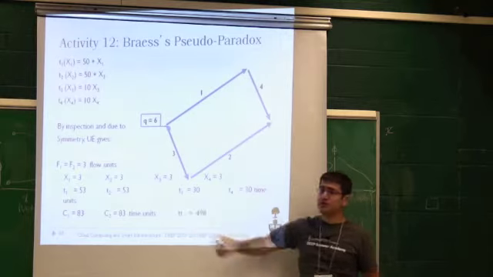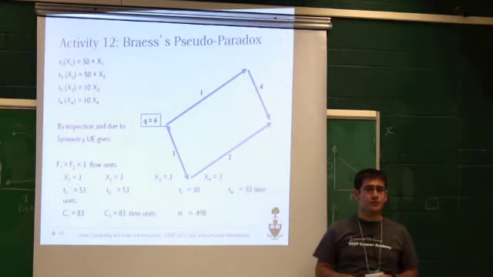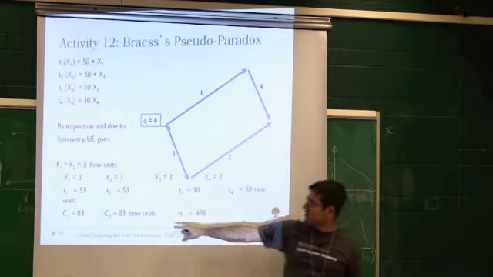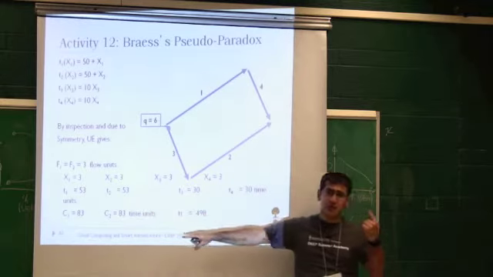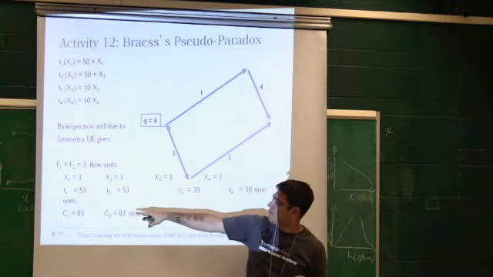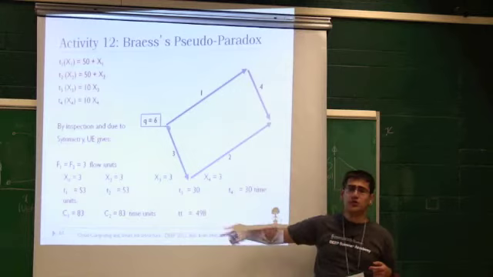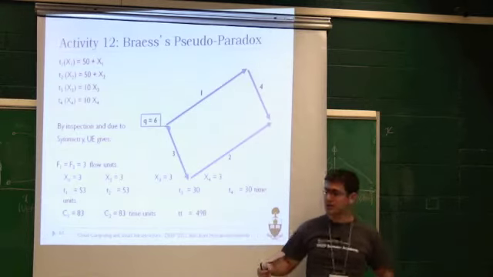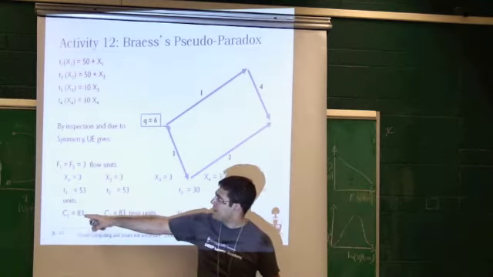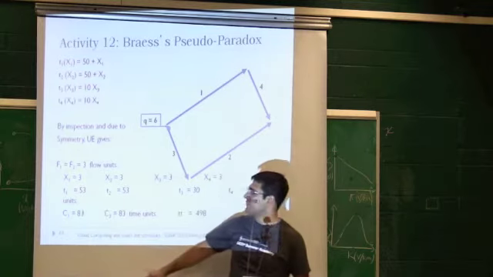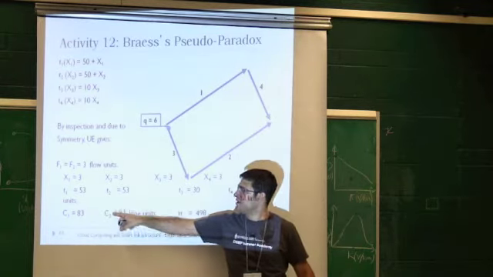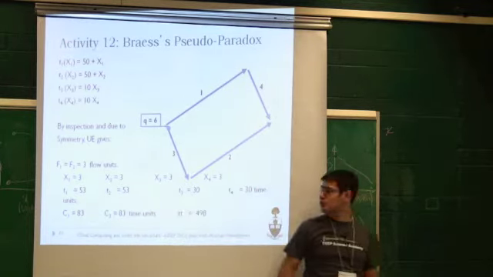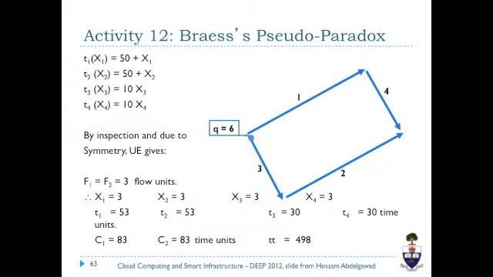And for the total travel time, what do I need to do? This is the travel time per link, right? Per one vehicle. I need to do Q1 times C1 plus Q2 times C2. I will get the total travel time. So that would be 3 times C1 plus 3 times C2. And then I would get the total travel time being 498. Now,